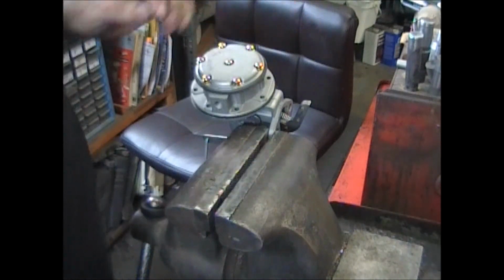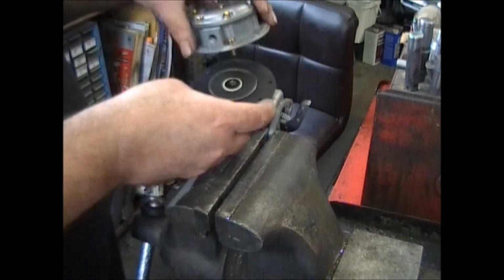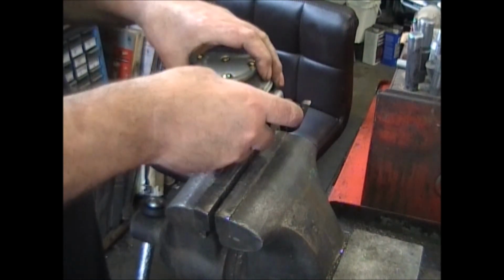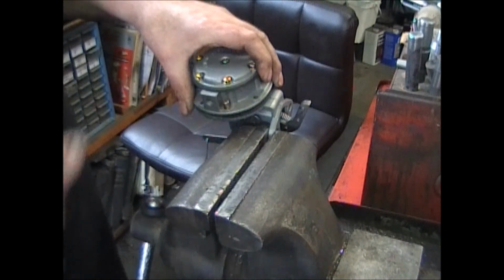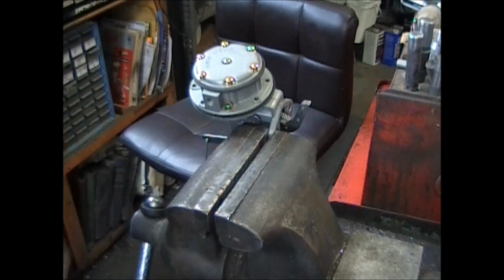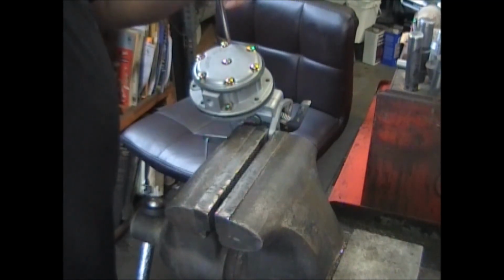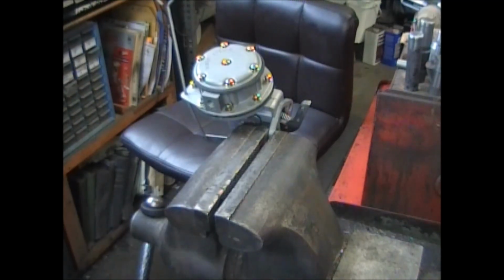Line up your lines, or just remember that the outlet is always at the 3 o'clock position. Get one screw through the diaphragm, get it caught, but don't tighten it down. I usually go about halfway down and do one opposite. Put all the rest of them in, but don't tighten them. Once all the screws are down to at least the casting,